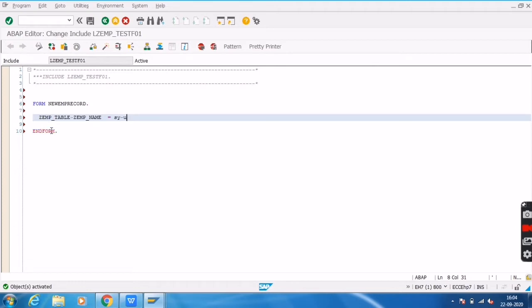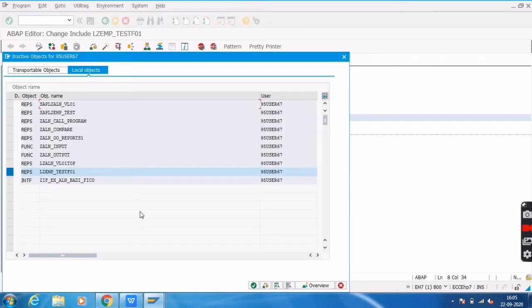Click on SY-UNAME. This is the system variable to store the system username. Click on save. Click on active.